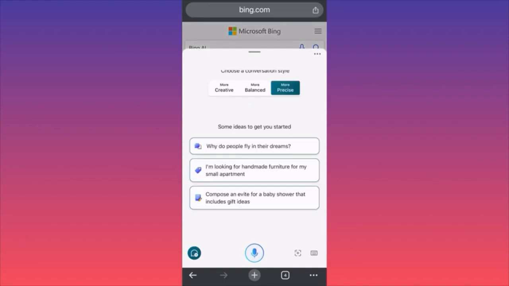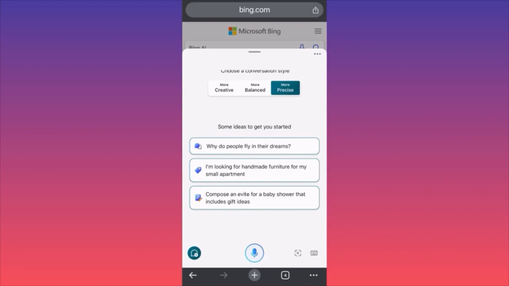Now, when you actually launch the Copilot, I want you to focus on the three settings above. Choose the conversation style. I always use precise simply because I'm using it for business or finance, analyzing data, big data, trying to make predictions. So in this particular example, we're going to click on the lower right corner.